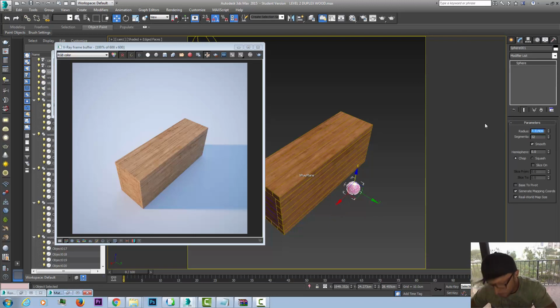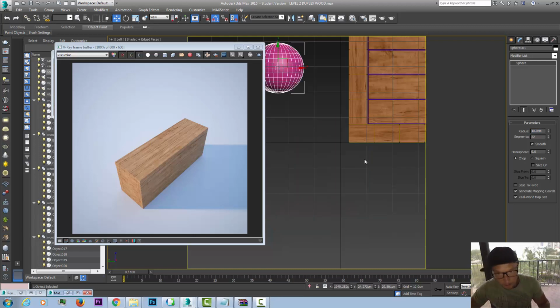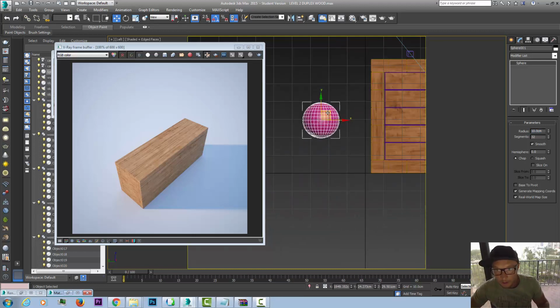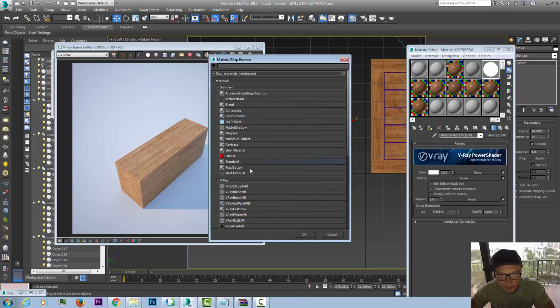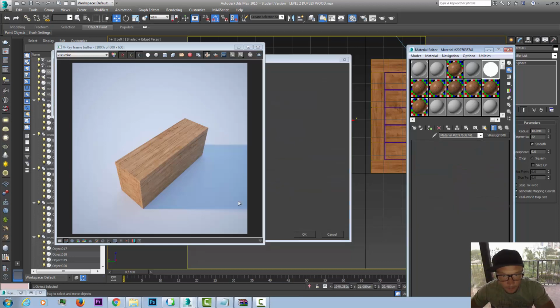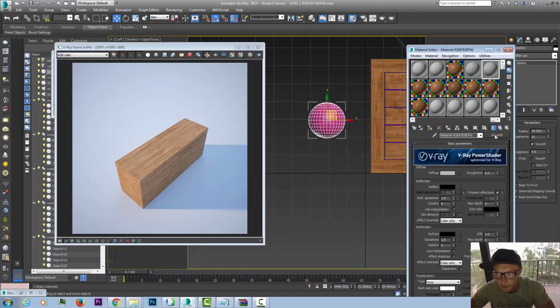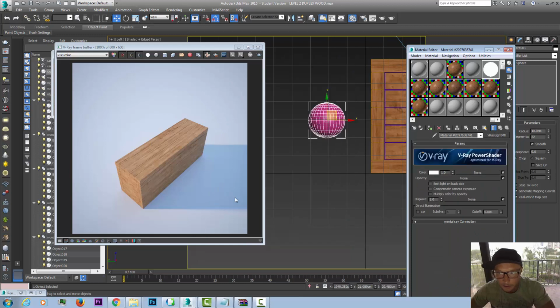So we're going to add a sphere, 10 centimeters. Going to put it on the side here, and we're going to take VRay light material, and give it an amount of 10 so it will spread more light,